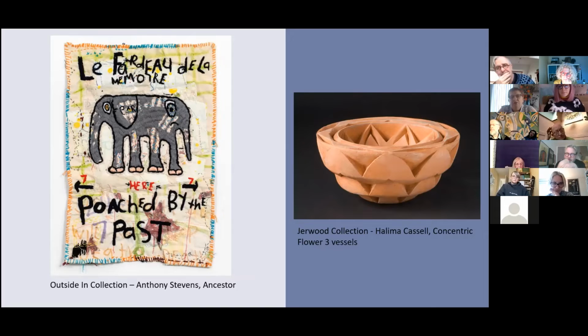And then Lisa came over and said, right, this is great. I'm paraphrasing Lisa, obviously. But we also have these things in the Jerwood. And it was one of the first things she showed, and it was like, wow, this is perfect. This is Amix. I didn't know anything about the Jerwood collection or what was in it previously, quite honestly. And then it was like, yeah, this is great, because now there's something to join up with, to speak to more directly in that area of materials. So yeah,